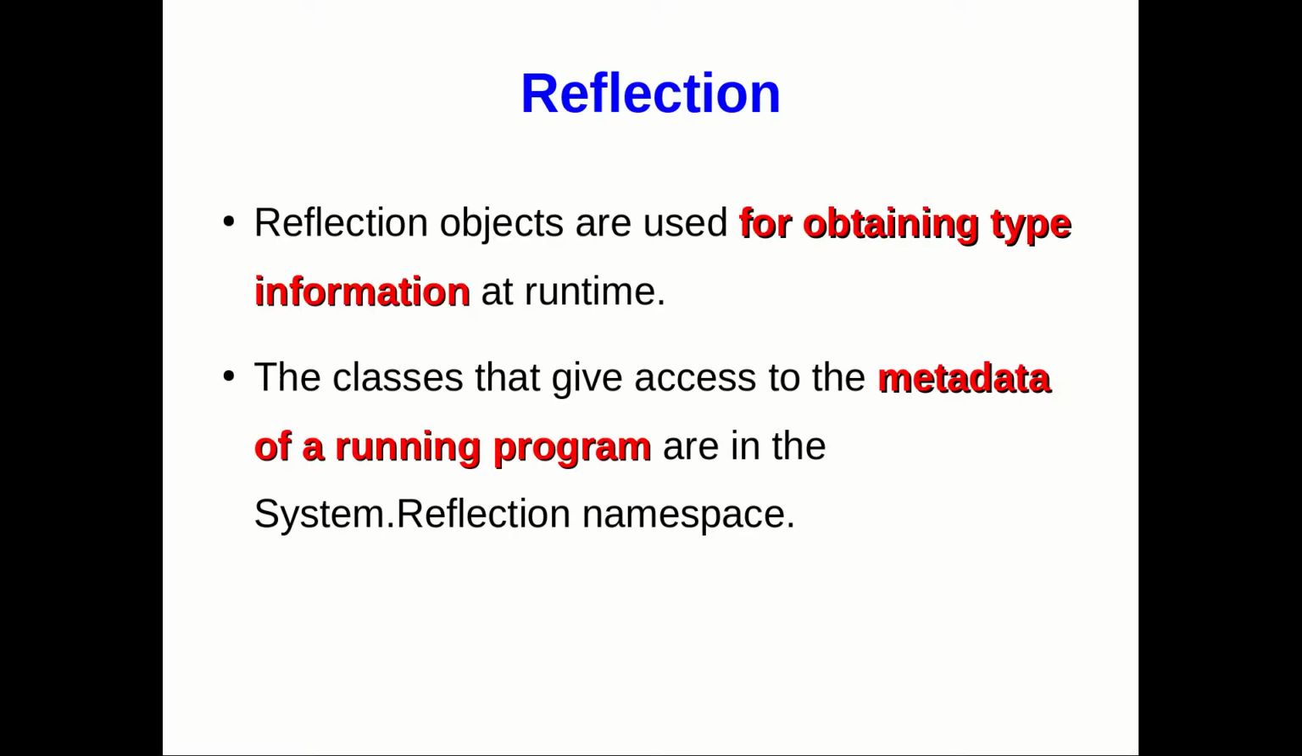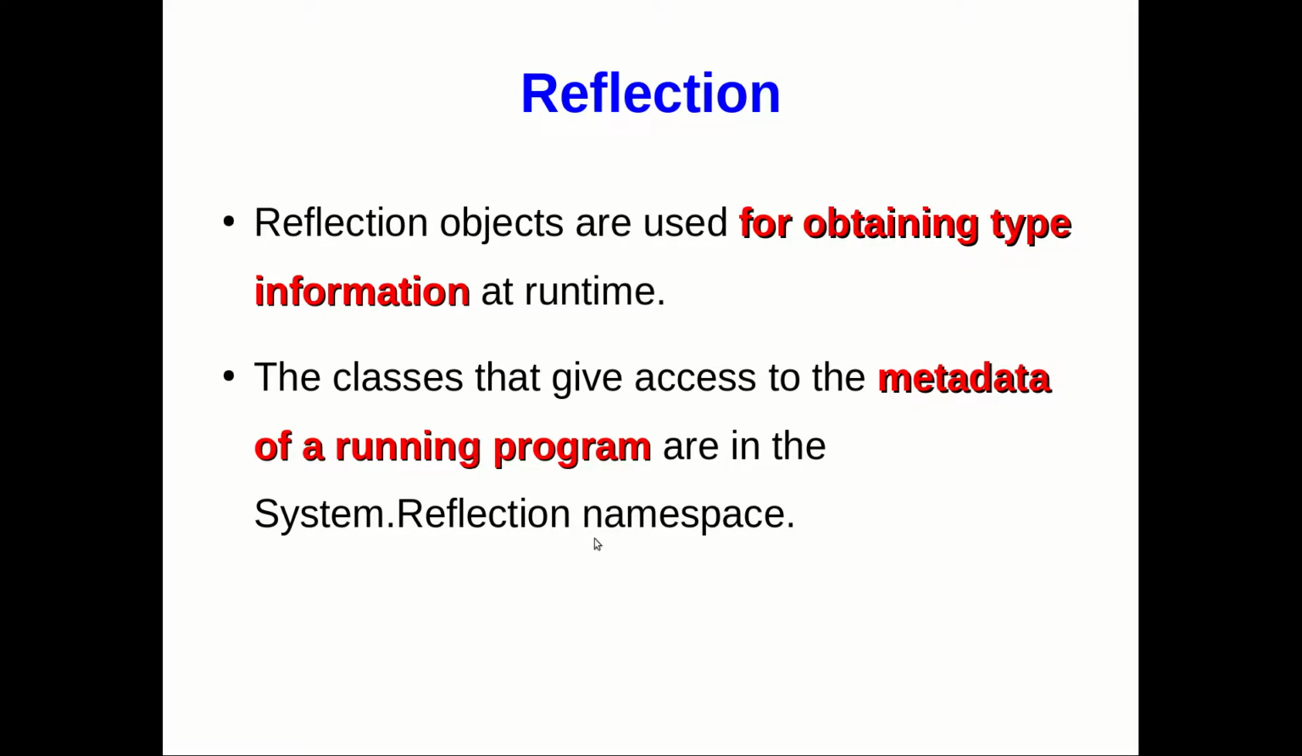In this video, we are going to discuss what is reflection in C# and .NET programming. When you take reflection, the reflection objects are used for obtaining type information at runtime. To be more precise, you can say the classes that give access to the metadata of a running program are